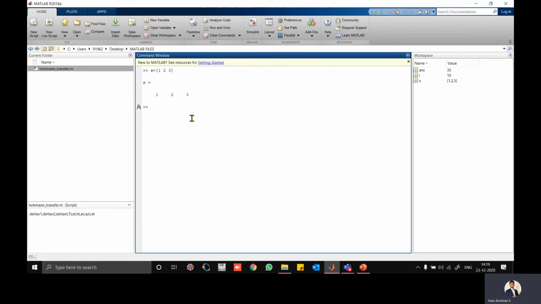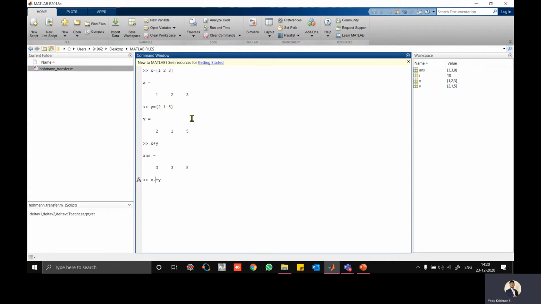Similarly, y is equal to another one, 2, 1, 5. So let's take x plus y. I need to find what is x plus y. X plus y is 3, 3, 8.